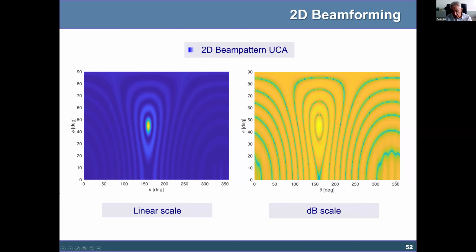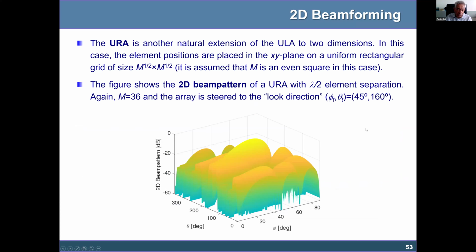This goes from 0 to 360. Instead, the elevation goes from 0 to 90 here. And so you have to calculate, if you want to compare with the other structure,